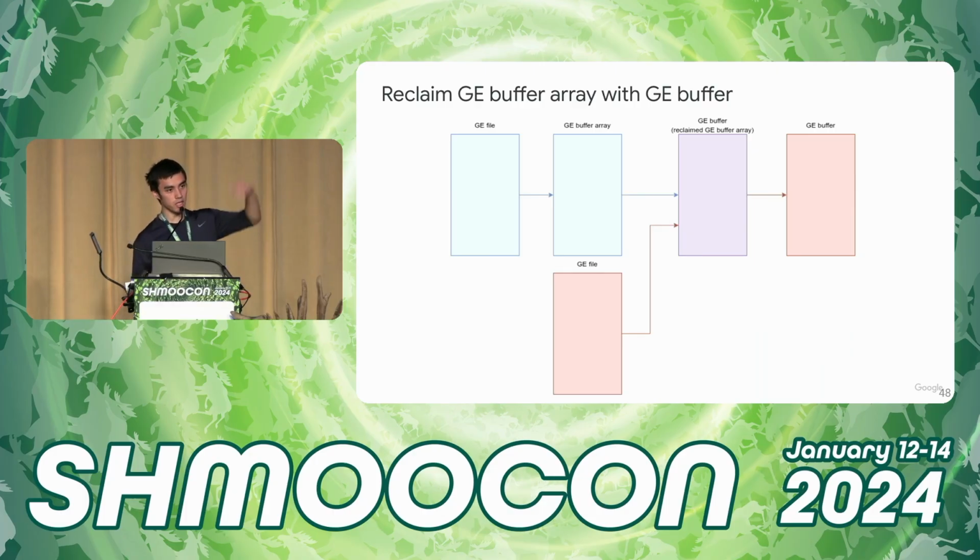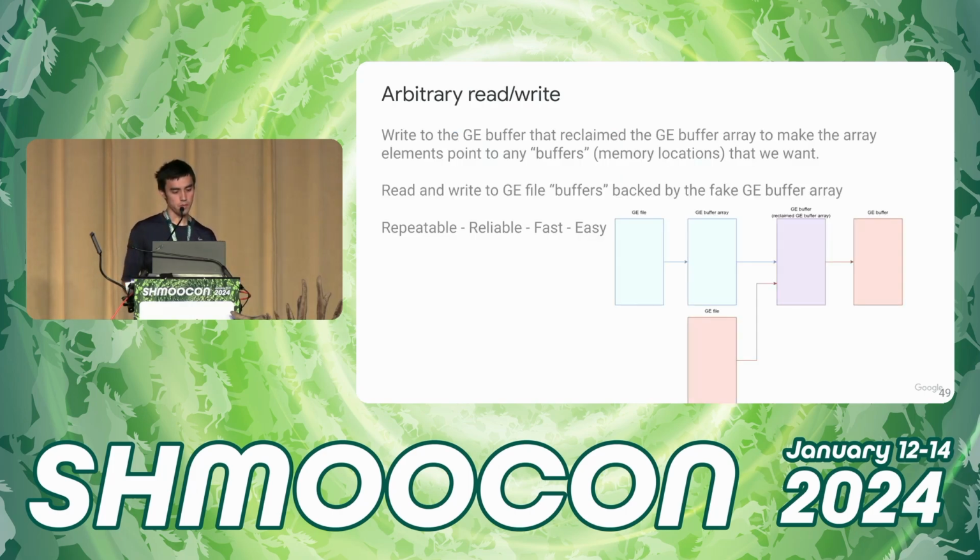Now I have two GE files, a blue one and a red one. The blue one has a completely canonical GE buffer array, and what to it is a completely canonical GE buffer. But the other GE file thinks that same thing that is the blue file's GE buffer is its GE buffer array. And so now the blue GE file can set the GE buffer array values to whatever it wants, and the dereference chain for the red GE file will access any location in memory the attacker wants. And then because of GE buffers, I can read it and write it at will. This is a great arbitrary read and write. The benefits of doing it this way: it's very repeatable, it's very reliable, it's fast, and in practice quite easy.